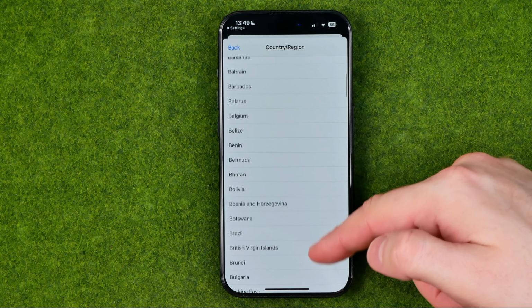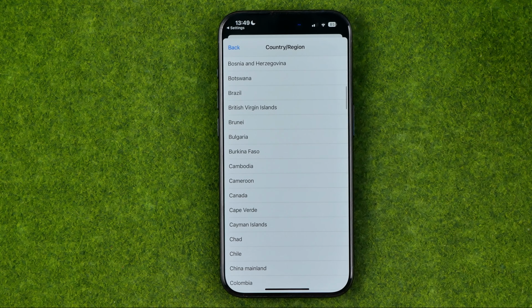Then select a country from that list, and after that you will be able to set it as a default country or region on your device. So that's how you can easily change location on an iPhone, and if this video was helpful for you, don't